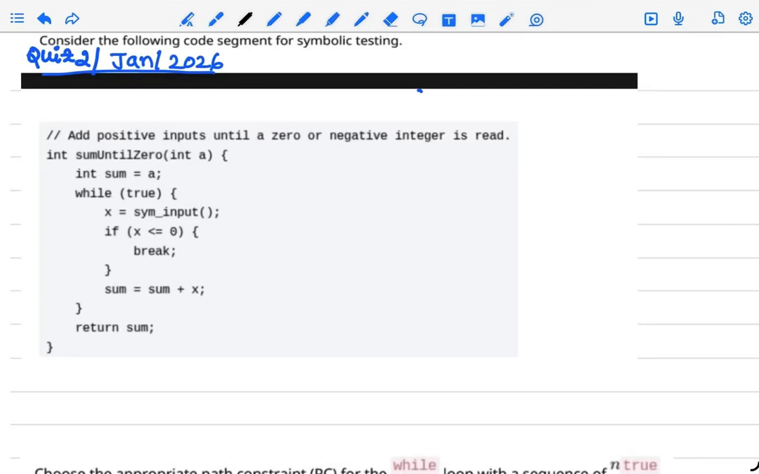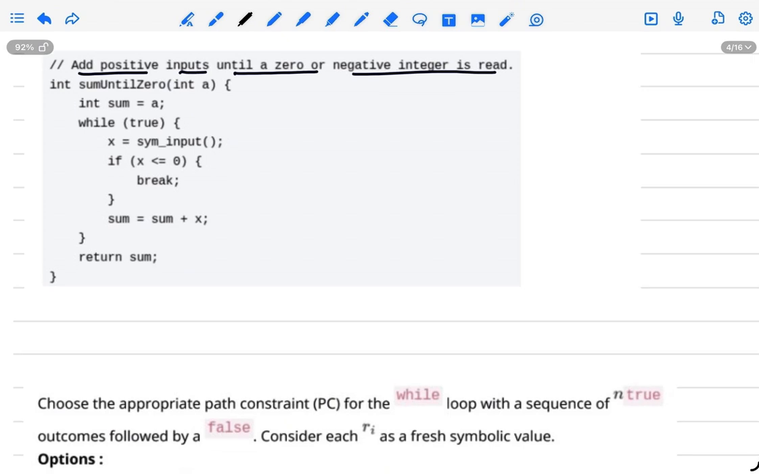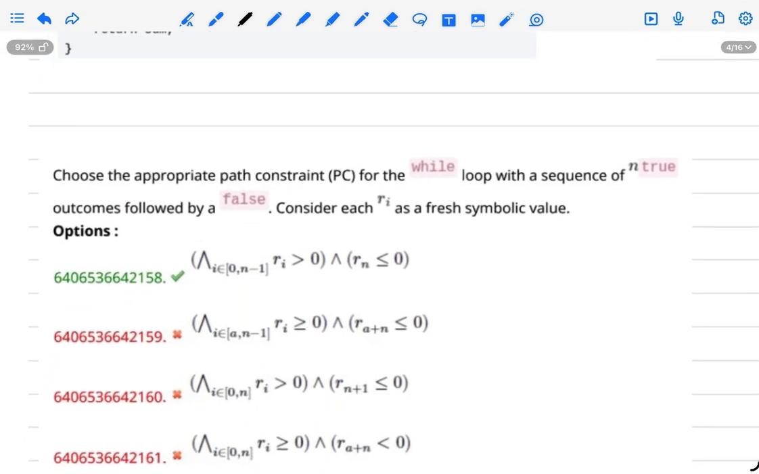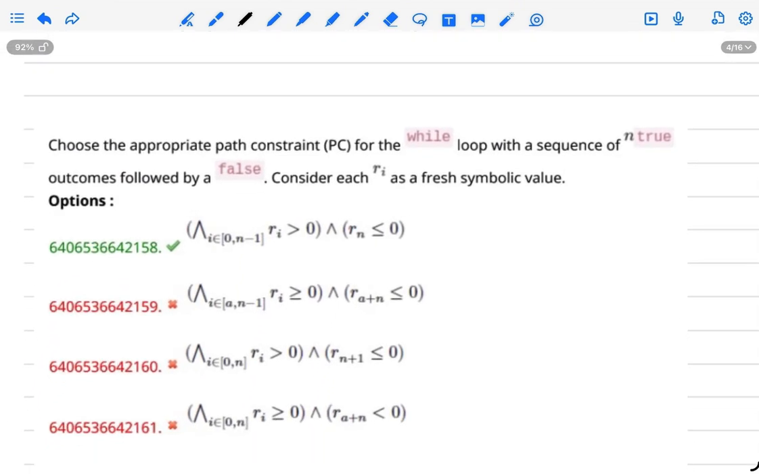This question is from the Quiz 2 January 2026 question paper. Consider the following code segment for symbolic testing, which reads positive inputs until a 0 or negative integer is read. The code is given as a function, and there are 4 options. Which one is correct? Choose the appropriate path constraint. They are asking us to find the path constraint PC